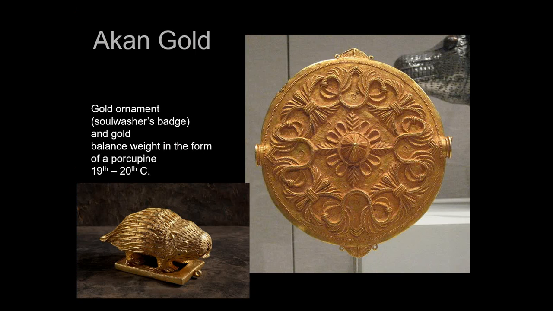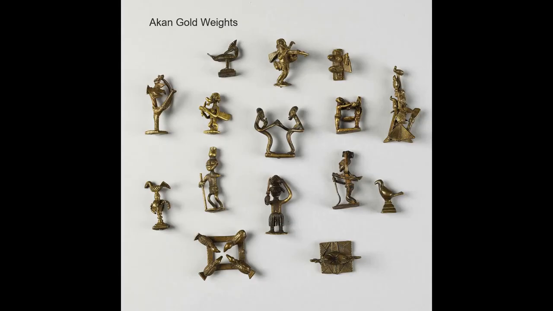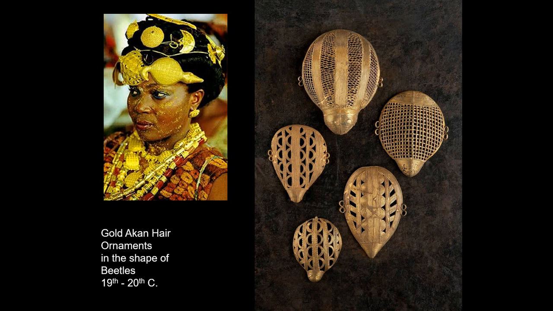One of the other things that really identify Ashanti culture and Akan culture is the use of gold. Gold is ubiquitous. This is that area where so much gold came from in Western Africa. And so you will see all kinds of gold. You will see golden bracelets and bangles. You'll see gold weights. These gold weights are often made of brass, but the gold weight itself is there to measure gold, and so they become a unique art form in themselves. We have these beautiful hair ornaments that are made out of fine gold wire. The Akan peoples are some of the only peoples I know that actually have a ceremony for the celebration of the accumulation of wealth.